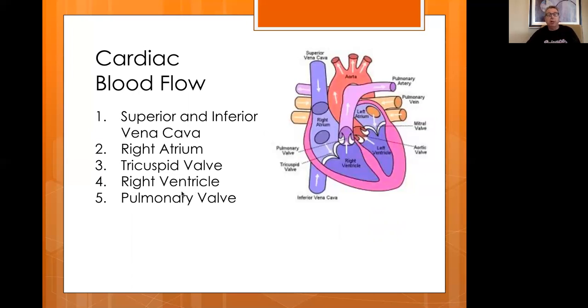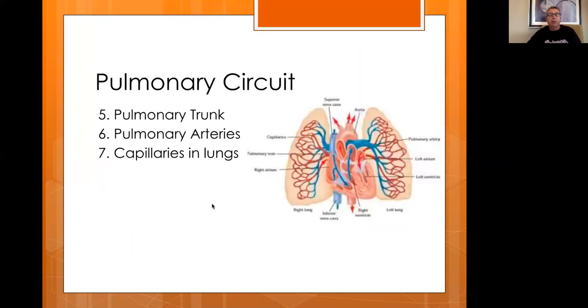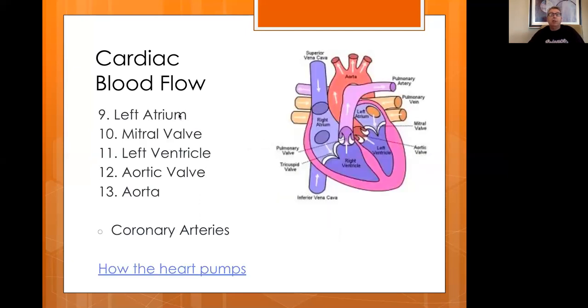So we're talking about deoxygenated blood going out through the pulmonary artery. The pulmonary artery goes out to the lungs, capillaries in the lungs, where we have the actual gas exchange. Carbon dioxide will be released, oxygen will be diffused into the blood, and then it goes through the pulmonary veins back to the heart, to the left atrium, down through the mitral valve to the left ventricle,